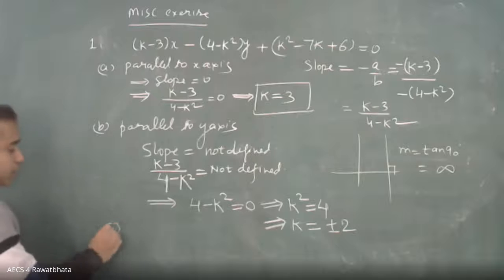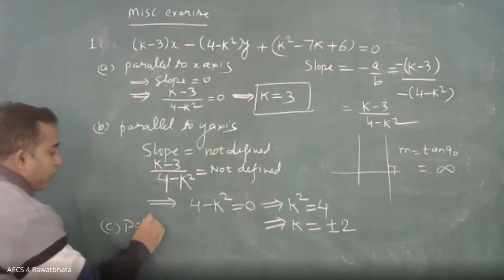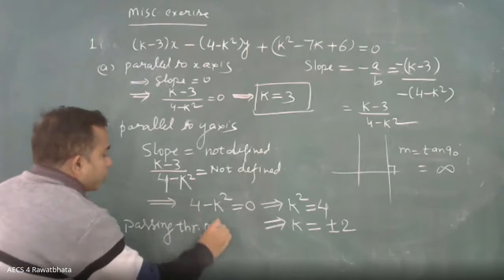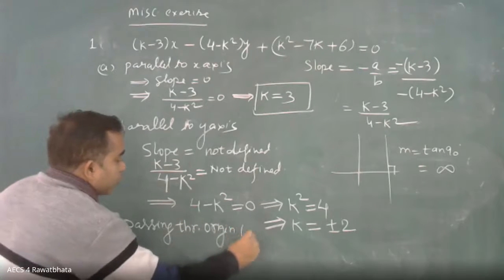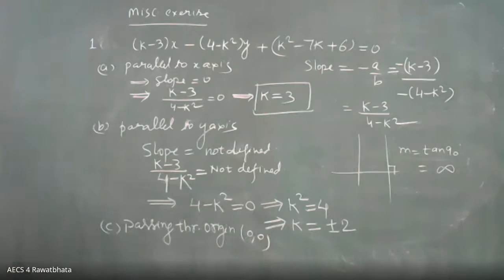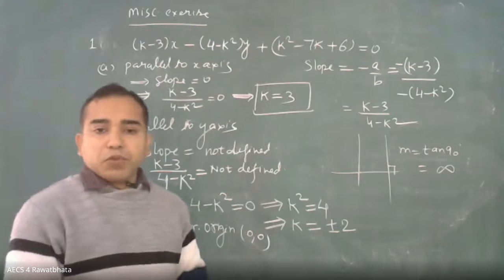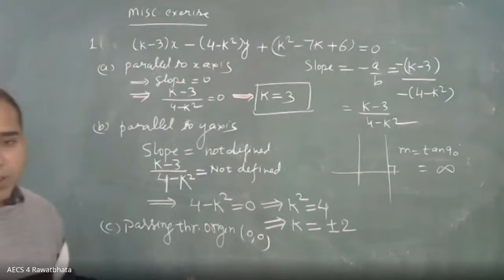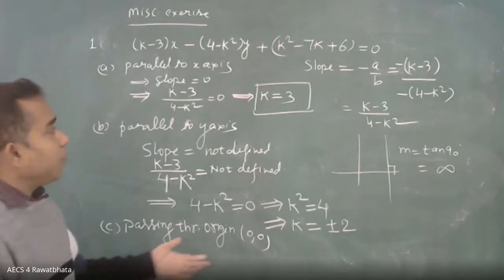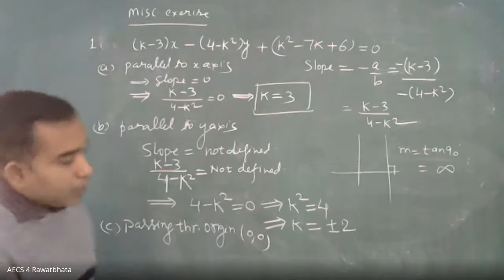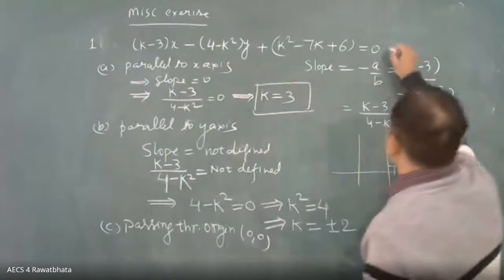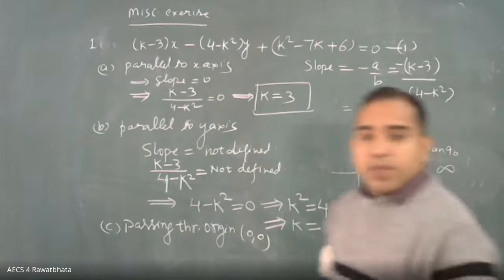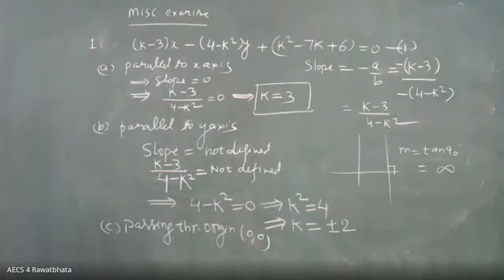Now C part. C part was passing through origin. Origin means 0, 0. Passing through origin, passing through 2, 3, then what we used to do? We put x equal to 2, y equal to 3 in the equation. The same work here also let us do, and you will get the value of k very easily. Let us call this line 1 suppose, and you can write that since line 1 is passing through origin,